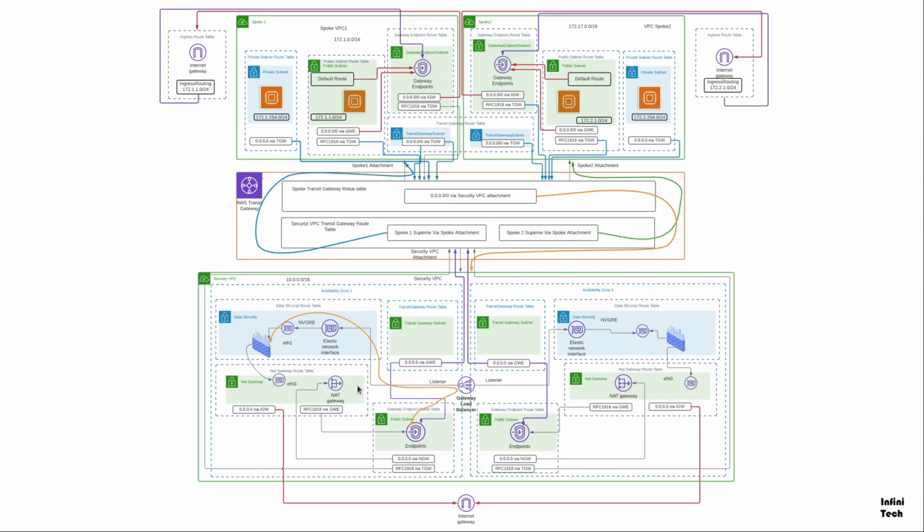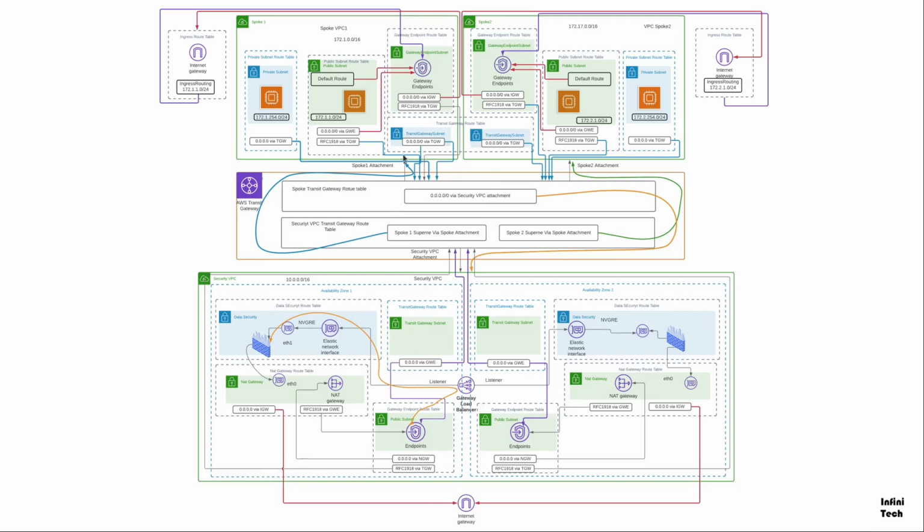The Gateway Endpoint route table allows us to handle traffic that egresses the gateway endpoint, after the traffic makes its round through the firewall. The return traffic will be checked to determine what destination should be processing the traffic. For traffic going out to the Internet, the Gateway Endpoint route table sends the traffic to the NAT gateway. The return traffic is then received by the VPC endpoint, which is then routed to the Transit Gateway. It is sent on its way to the spoke VPC that initiated the traffic in the first place.